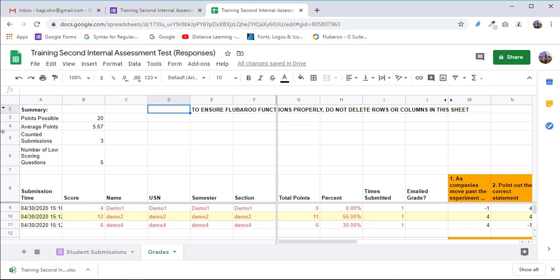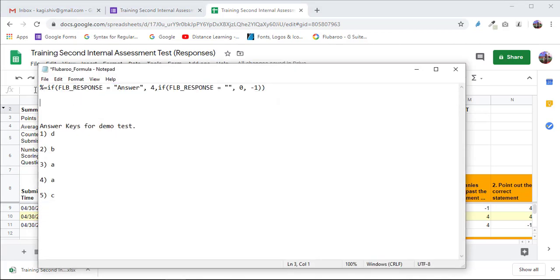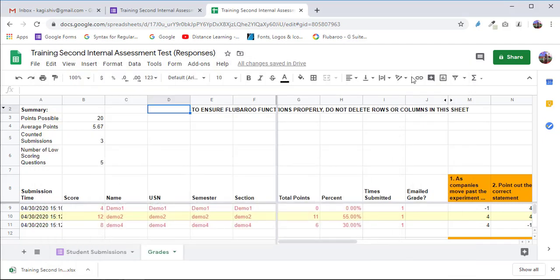If you have any queries, you can contact us, then we will see. Okay, thank you everyone. I will give this formula to everyone, and you only need to change the answer key here, right? This formula I will give in WhatsApp or in a notepad, however it is possible. Okay, thank you everyone.